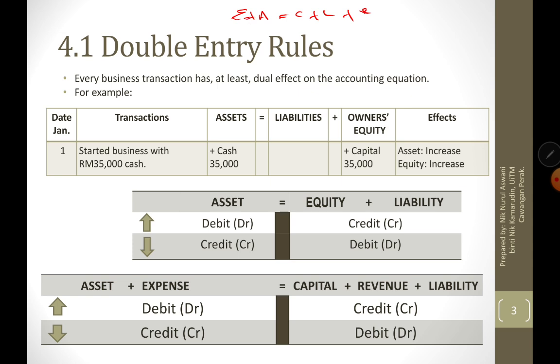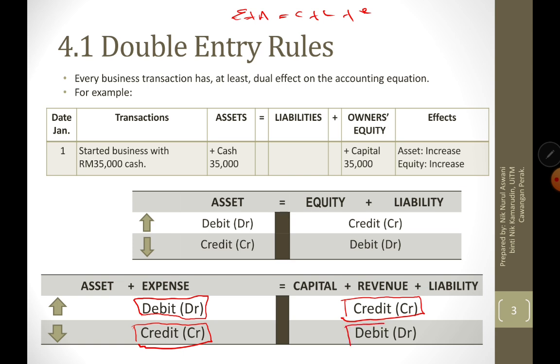I have mentioned that if asset and expenses increase, we debit. If it decreases, then it is credit. On the other hand, if capital, revenue and liability increase, we credit it, and if capital and revenue decrease,